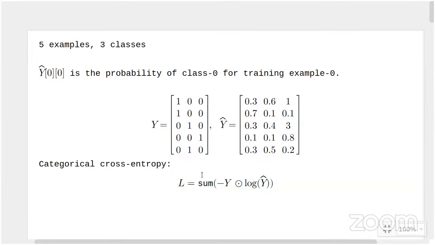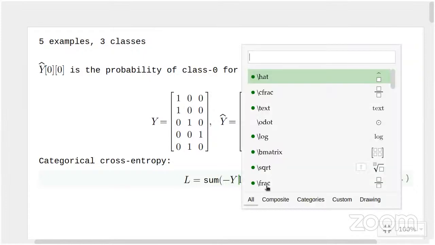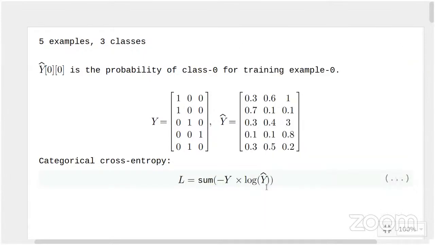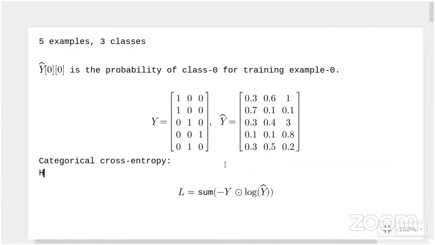Sir, what exactly is happening here? The symbol, I don't understand that basically. Yeah. So when we compute it, it will become clear, right? This is nothing but the element wise product. We have two matrices. Log of y hat is one matrix. So we are multiplying two matrices element wise. If I just write this as a normal product, that will become matrix multiplication. So in order to avoid that confusion, this is called the Hadamard product. So nothing but